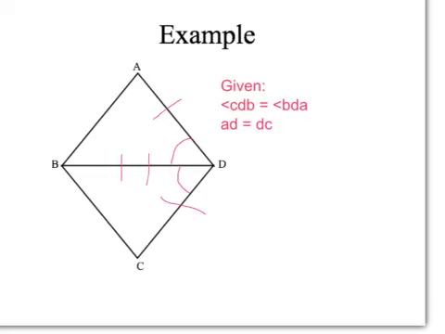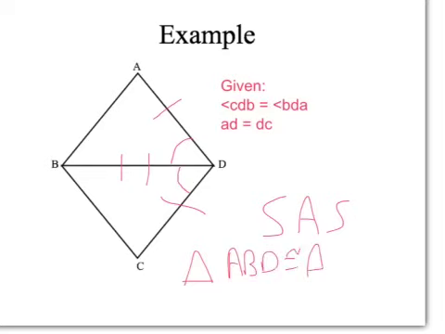Then to tell if these triangles are congruent or not, you need to look at what we have more congruent of. We have two sides marked and one angle. So therefore I want to put down two S's. Now look to see where the angle is. It is in between my two sides. So therefore I need to put the A in between the two S's. So triangle ABD is congruent to triangle CBD